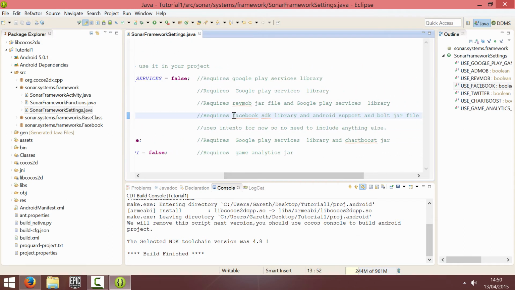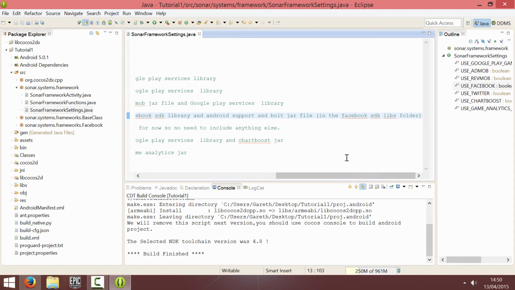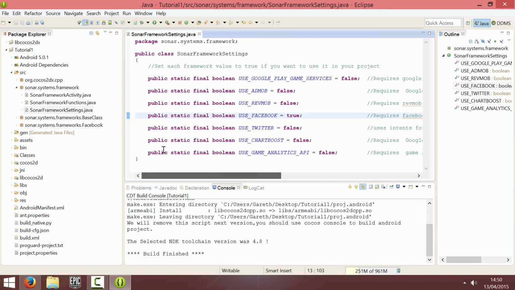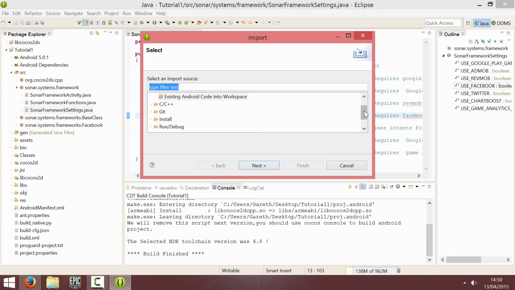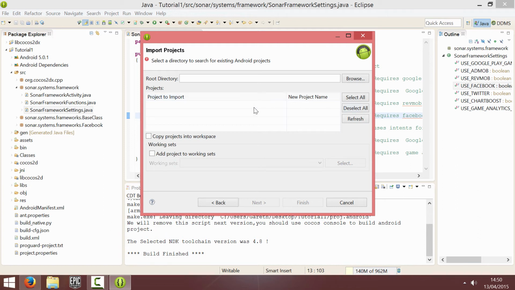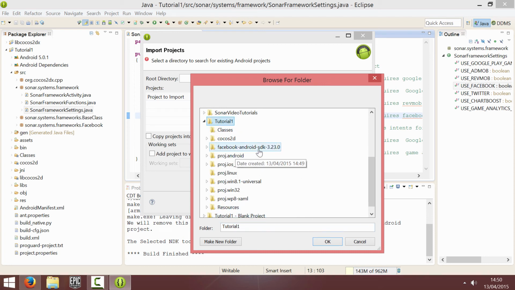And you can see it requires the Facebook SDK library with the Android support and Bolt jar file, which is in the Facebook SDK libs folder. So I'm going to File, Import, and I'm going to go Android, Existing Android Code into Workspace. And you want to browse to wherever you've downloaded the Facebook SDK, or if you've copied it into your project folder like I just did, then you browse your project folder to the Facebook SDK folder. So I'm going to go to tutorial 1, Facebook Android SDK,